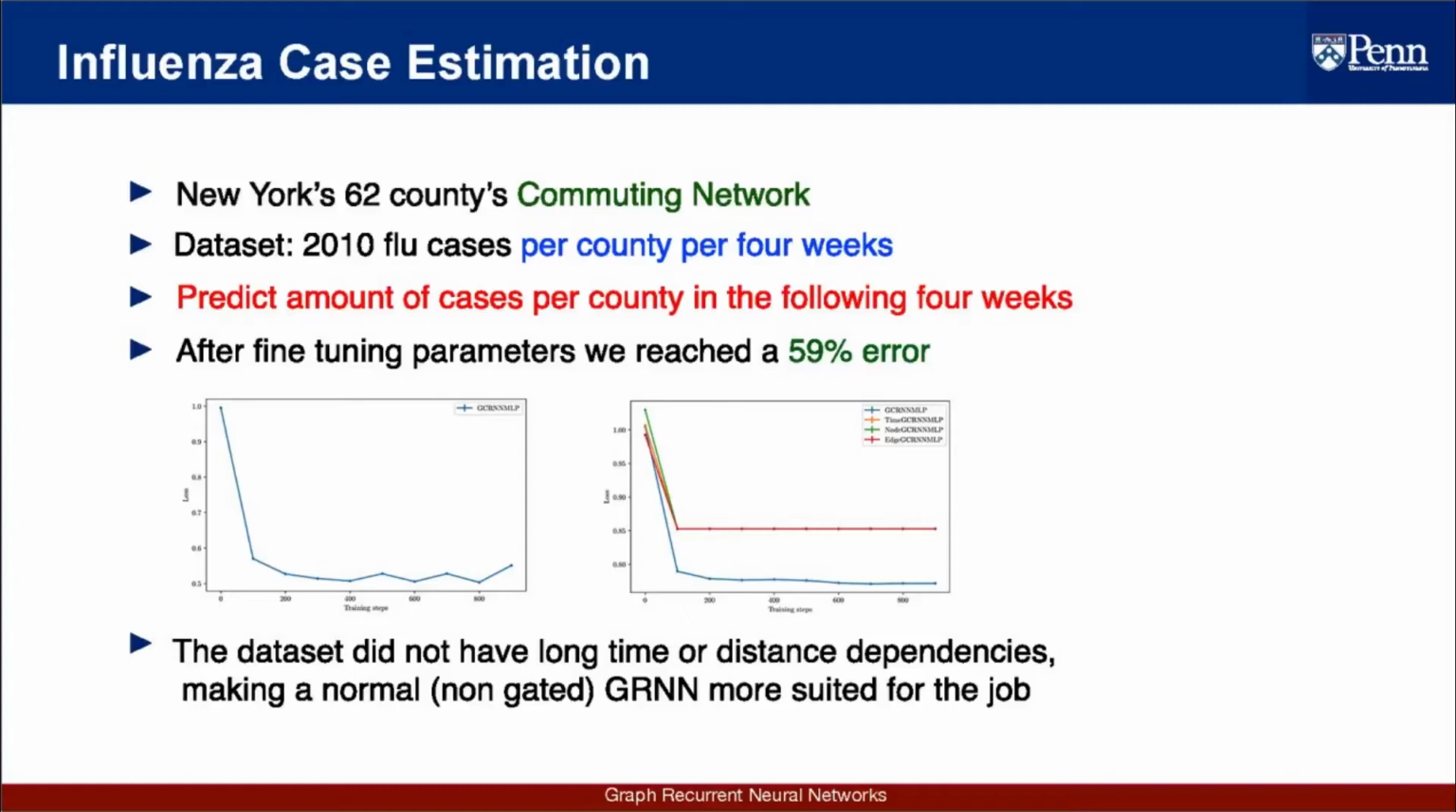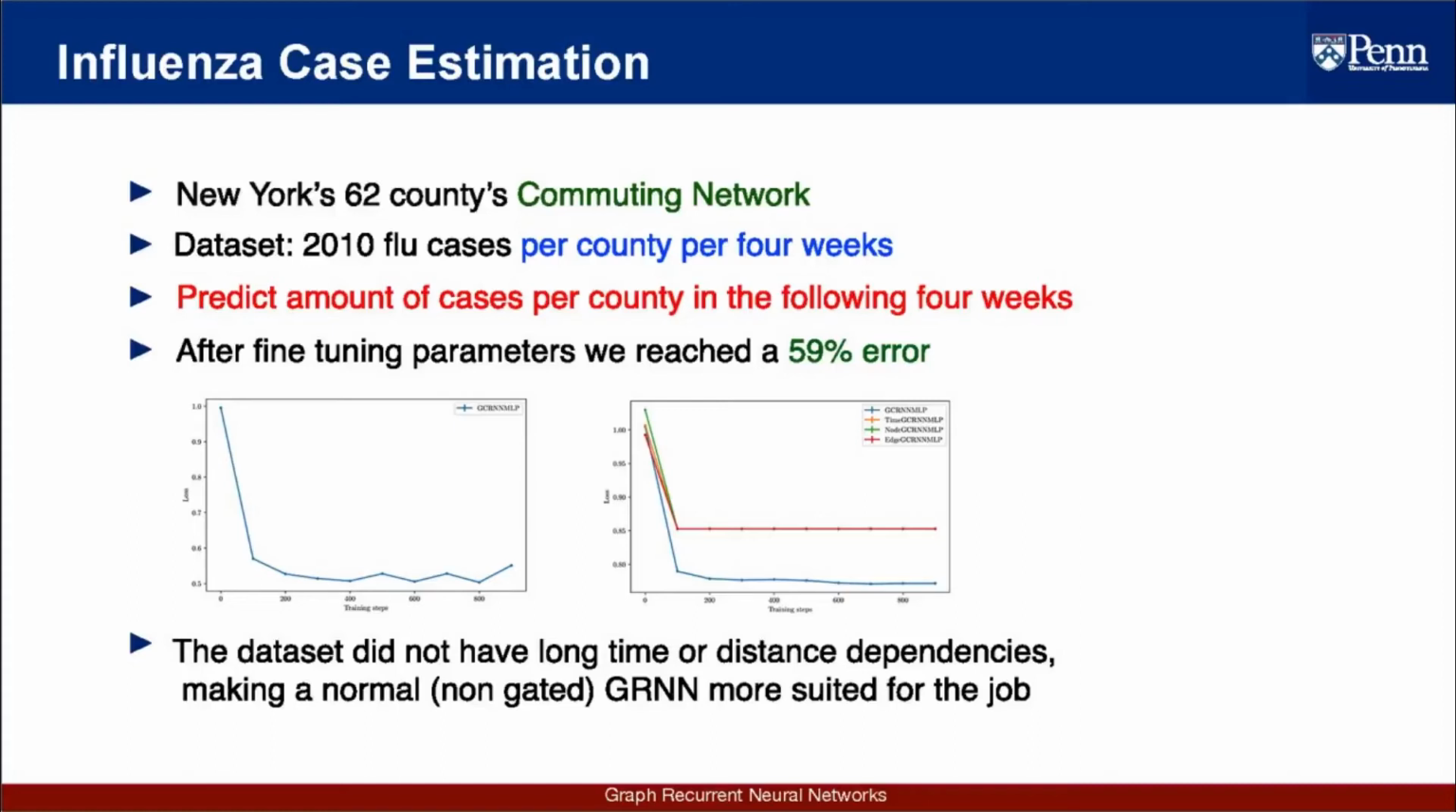After many iterations and adjustment of the learning rate, the architecture of the network, and the number of training, validation, and test nodes, we achieved around 59% of error, noting that the network was indeed learning. We also implemented node, edge, and time-gated GRNNs, but this output an error of around 90% on average, meaning that the dataset that we had did not have long time or range dependencies,